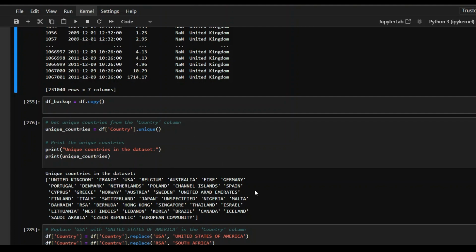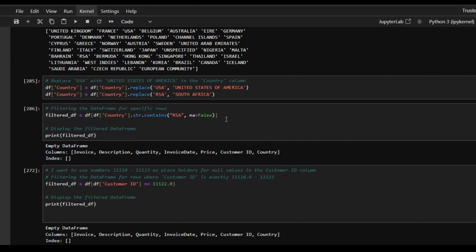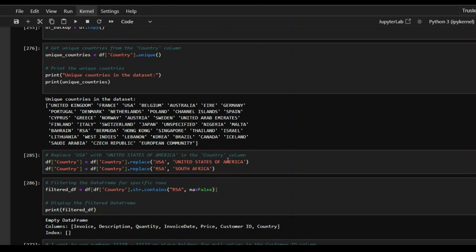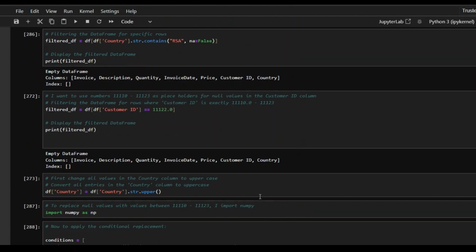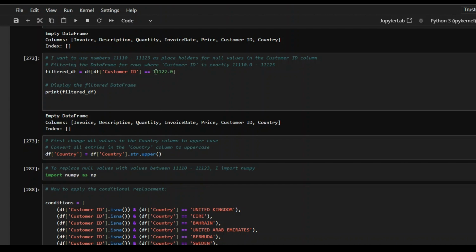And initially I checked for countries, and then standardizing the countries, you standardize USA as United States, just like you have in the other countries, instead of abbreviations. RSA is South Africa, and on and on like that. I just filtered to check that all the changes have been done, and then use the placeholders for countries where